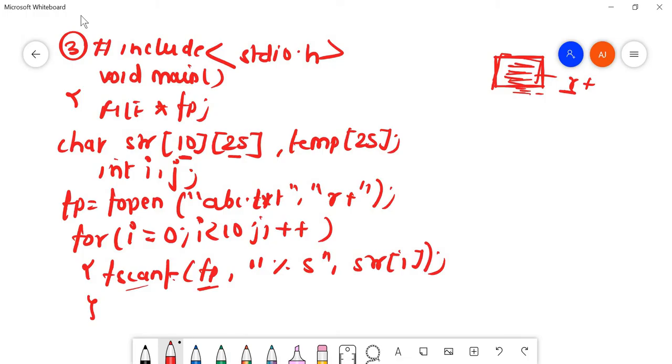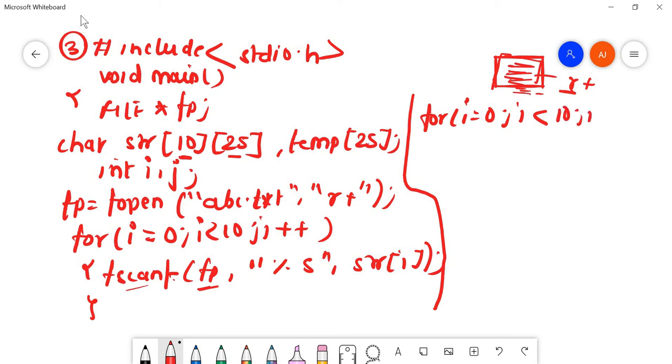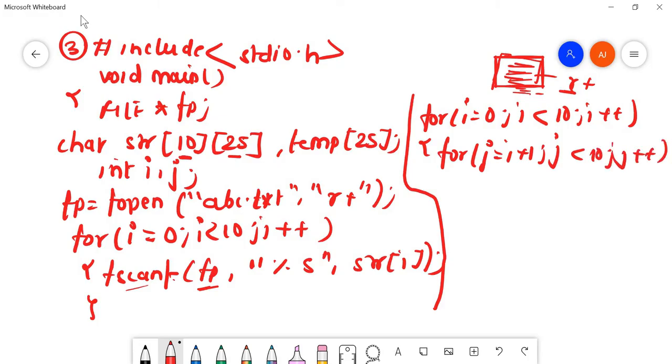So for this, I'll be writing here: for i equals to 0, i less than 10, i plus plus. For j equals to i plus 1, j less than 10, j plus plus.